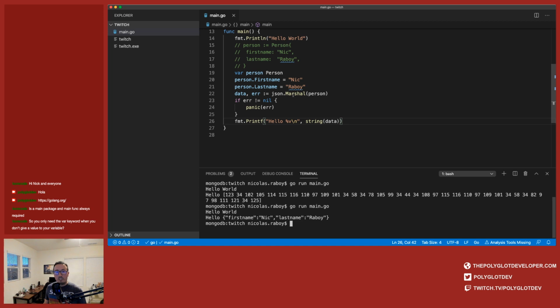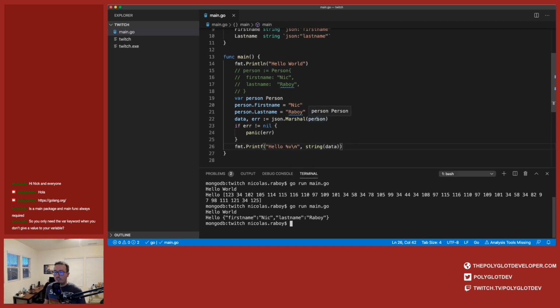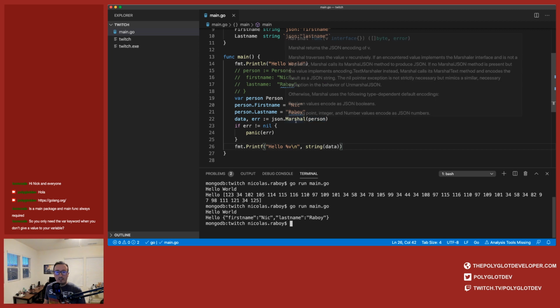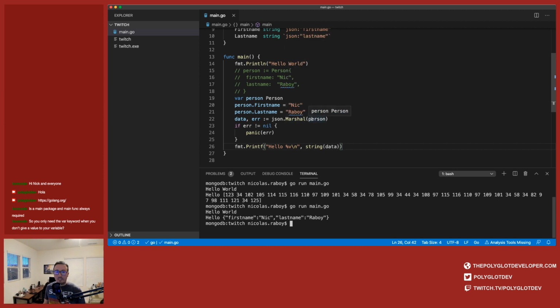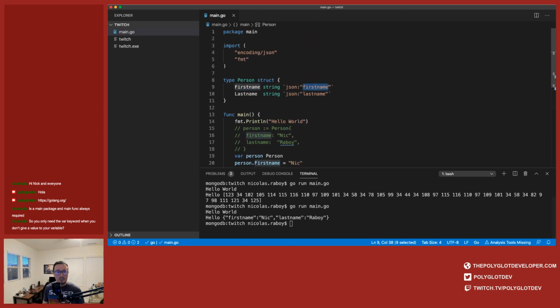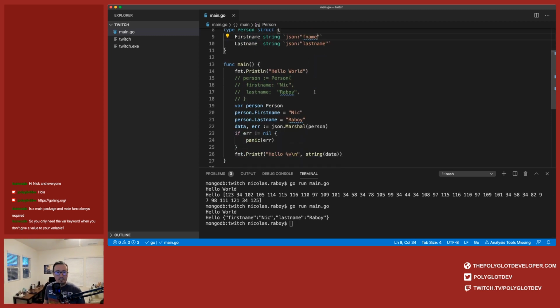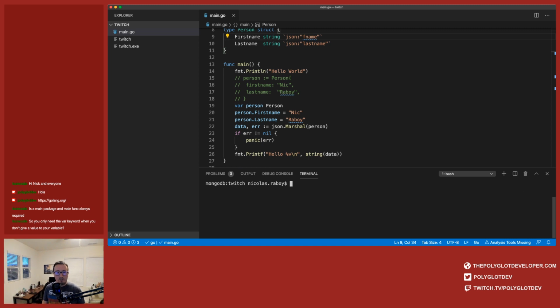When I ran json.Marshal on this struct, which is an interface, it is saying, give me the byte data of that JSON, which we are turning into a string, so it could be more pleasant to look at. It's definitely going to be more valuable if you're using an API because it's already mapped it. So if I wanted to, I can change this to, let's say, fname, because like I said, they don't need to match.